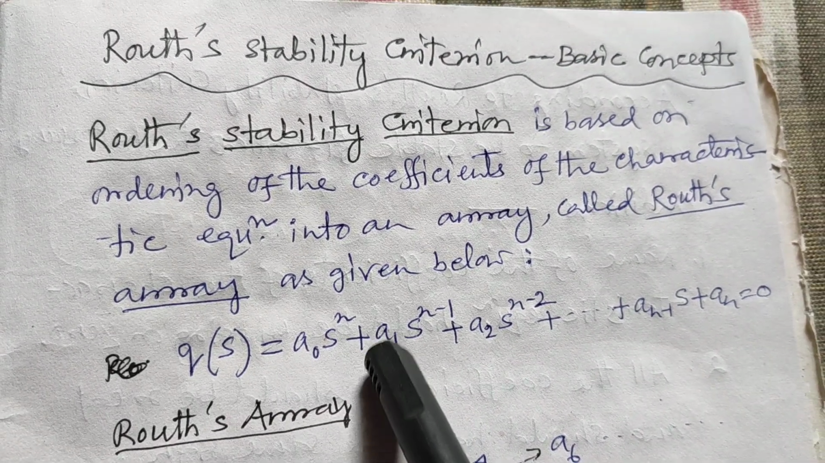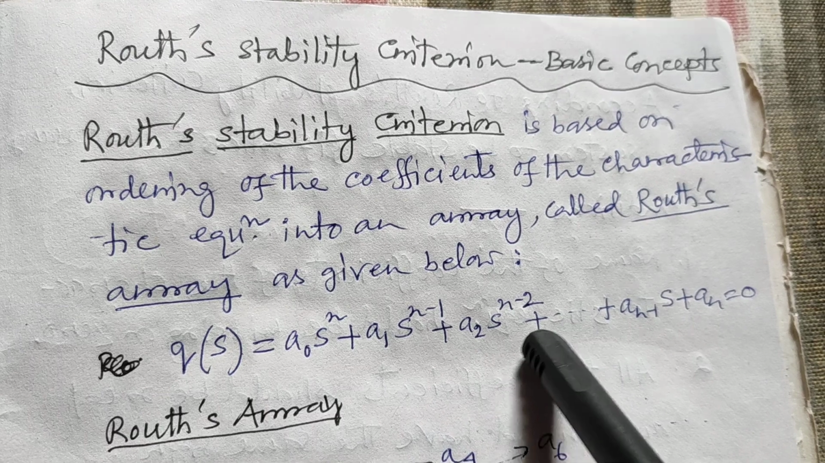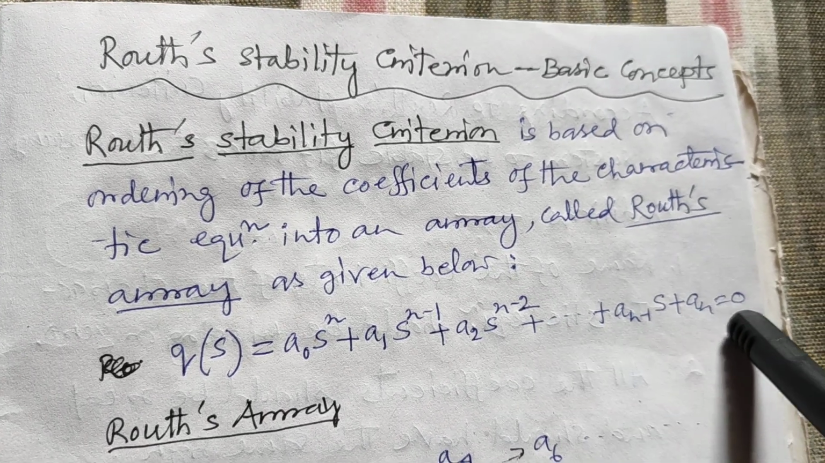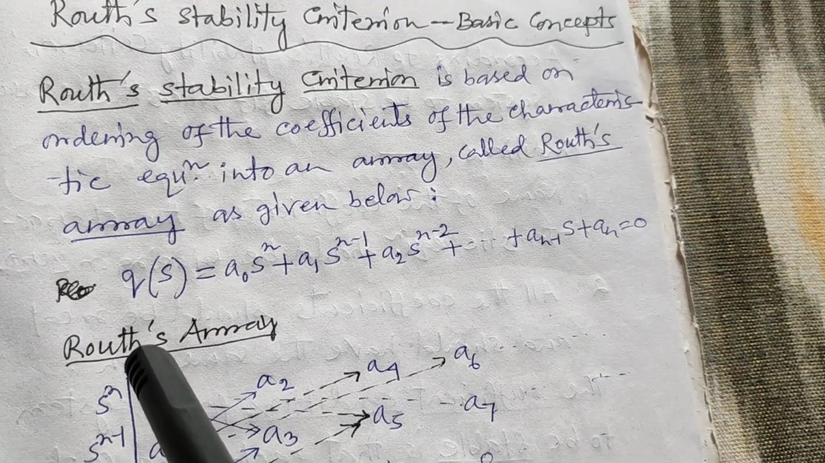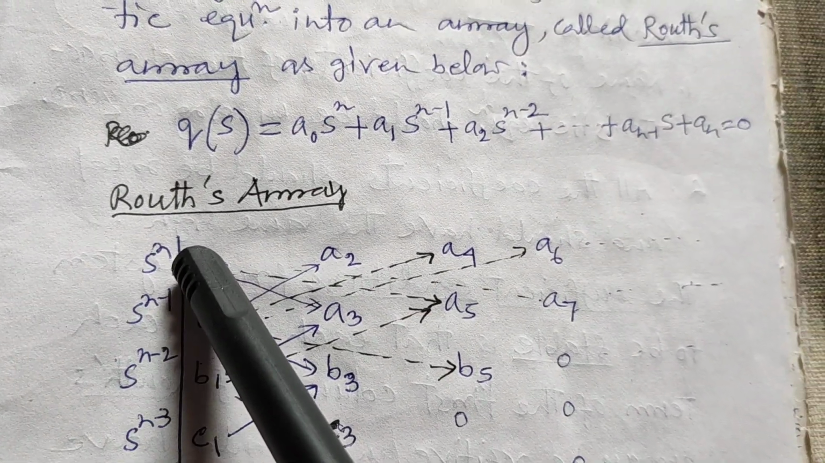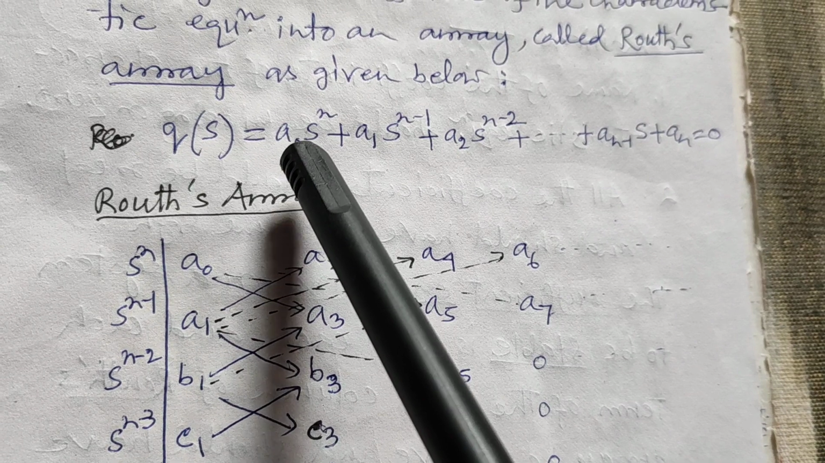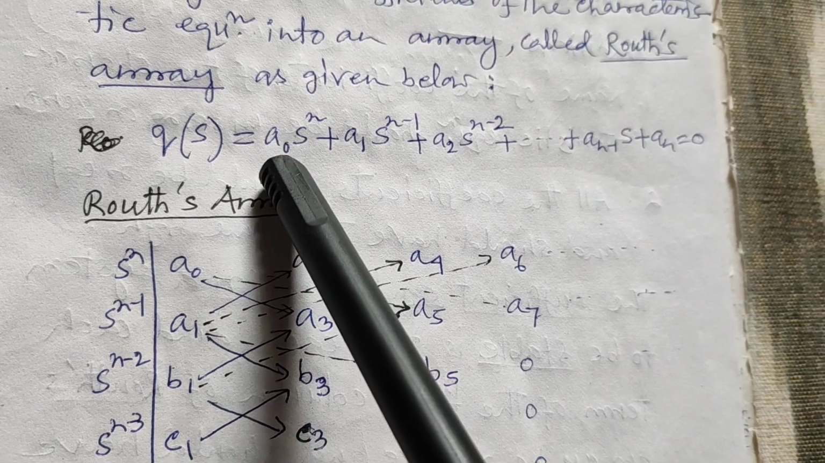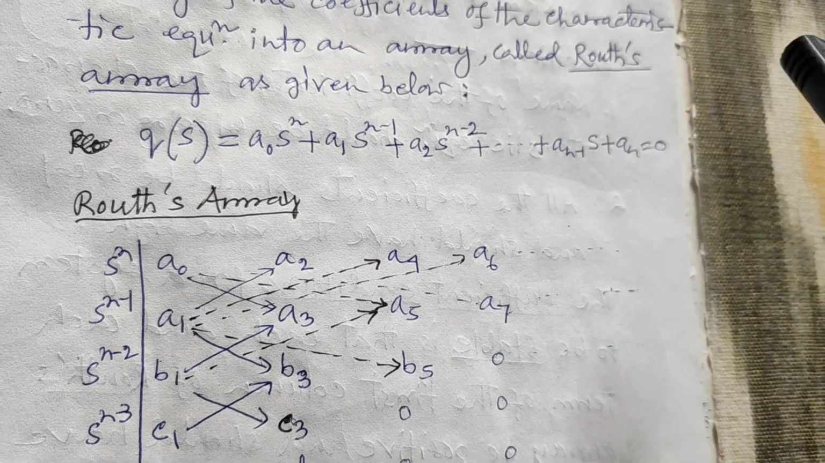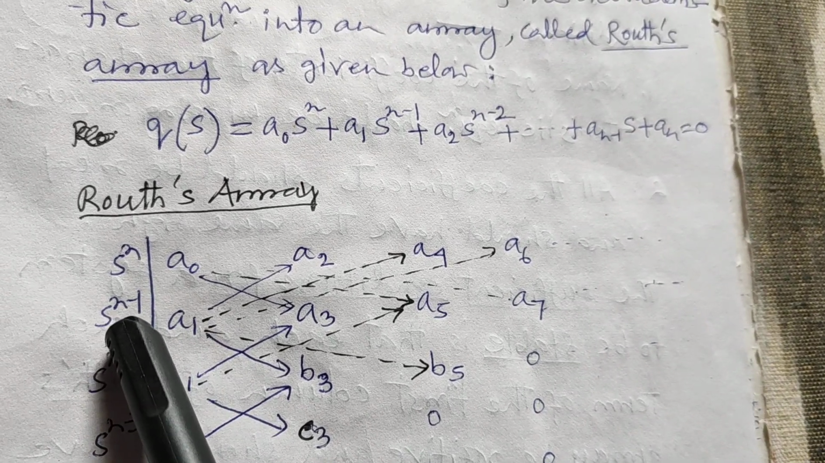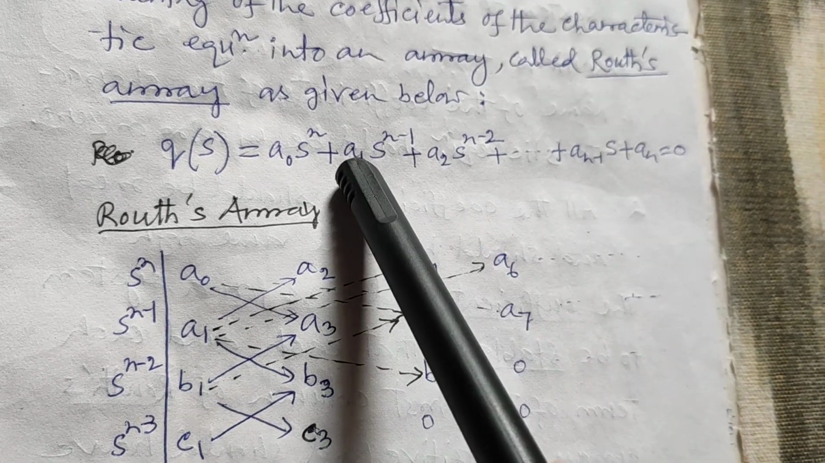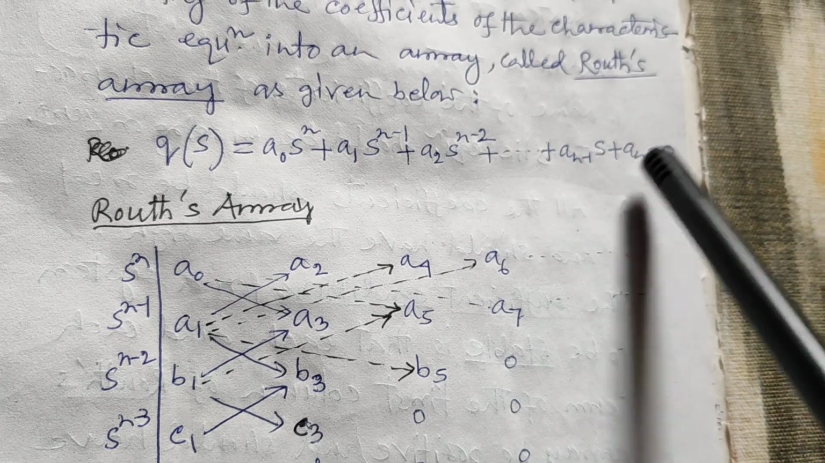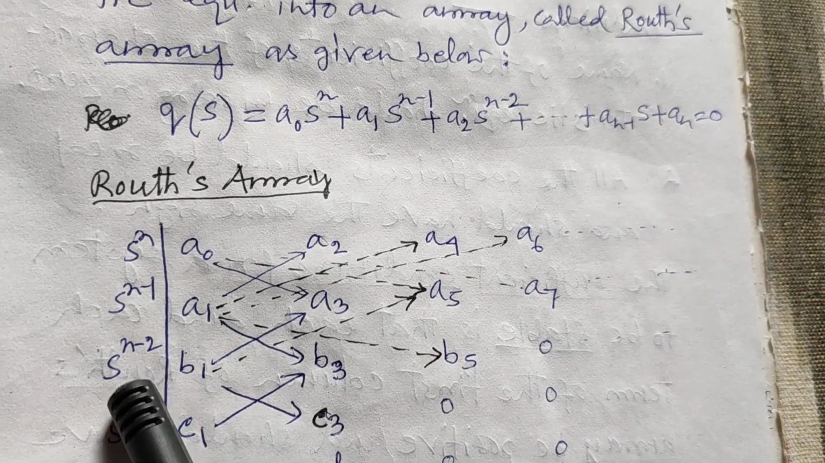Q(s) equals a0 s^n plus a1 s^(n-1) plus a2 s^(n-2) and so on up to an equals 0. It follows the array which is called Routh's array. The array starts with s to the power n. For s^n, the coefficients are the even-numbered ones: a0, a2, a4, a6 and so on. For s^(n-1), the odd-numbered coefficients: a1, a3, a5, a7 and so on. Okay. Then s^(n-2) is